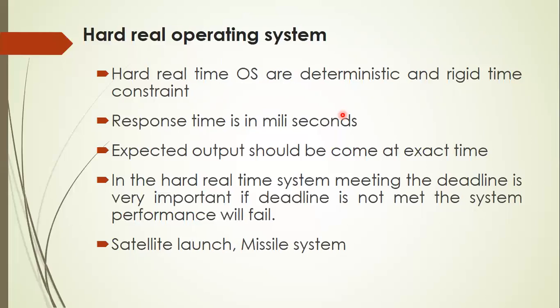In a missile system, we know what our source place is, what the enemy's place is, how much distance there is from our end to the enemy's end, and at what time the missile has to hit. All these have already been calculated and everything is fixed. The missile has to hit the enemy's aircraft, etc., at an exact time. A 1 millisecond delay also makes it useless.